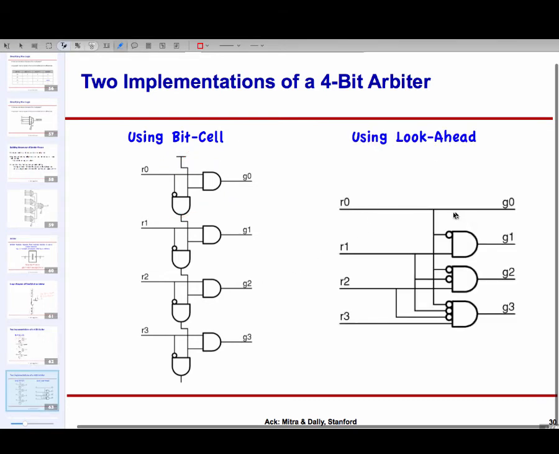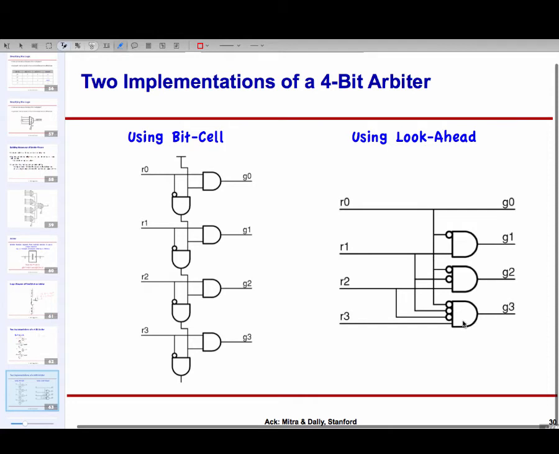Here what I have done is I've taken this 4-bit arbiter, and I can write a truth table for it. It's just a mathematical function which takes 4 inputs and gives 4 outputs. So I can write a mathematical function and then reduce it to an equation, and you'll see that I can implement it like this. Now here, the advantage is it's fast because any output goes through only 1 gate. So from input to output, there is 1 gate of delay.